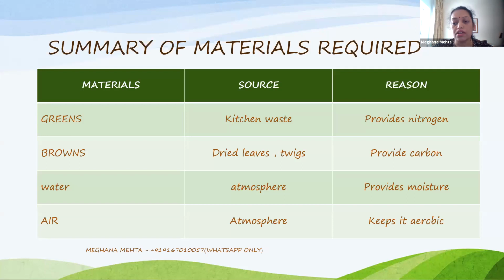Aerobic in the sense that all living creatures require breathing for life. So microscopic organisms also breathe, and they breathe both in air and without air also. When the respiration is happening in the presence of oxygen of the air, it is aerobic respiration. So that is what we require for our home composting, which is basically nothing but warm or hot composting, also known as hot composting. So it has to be aerobic.